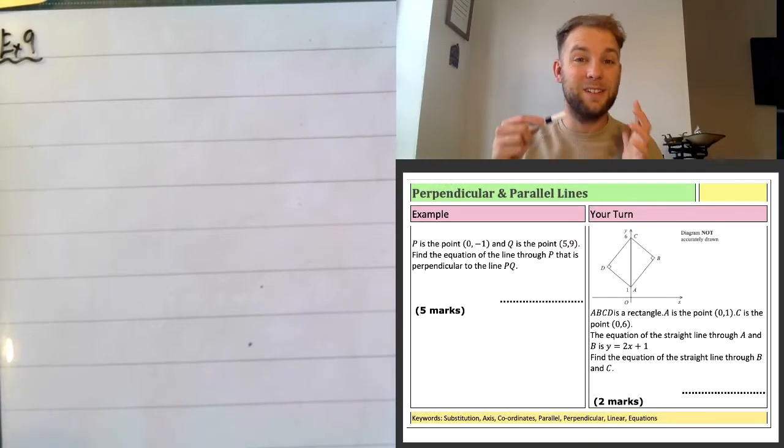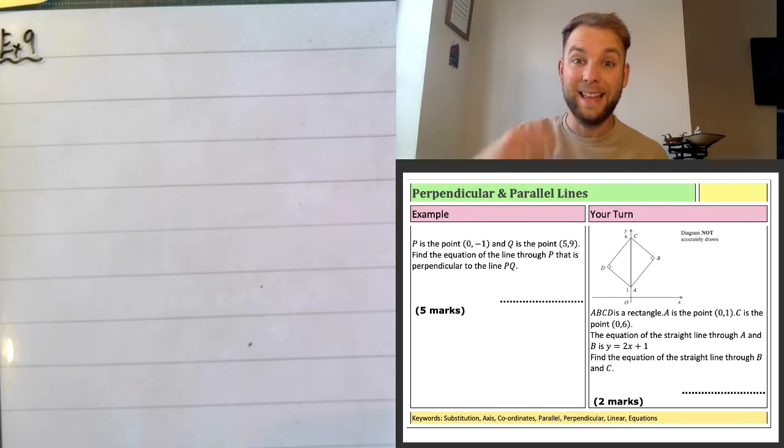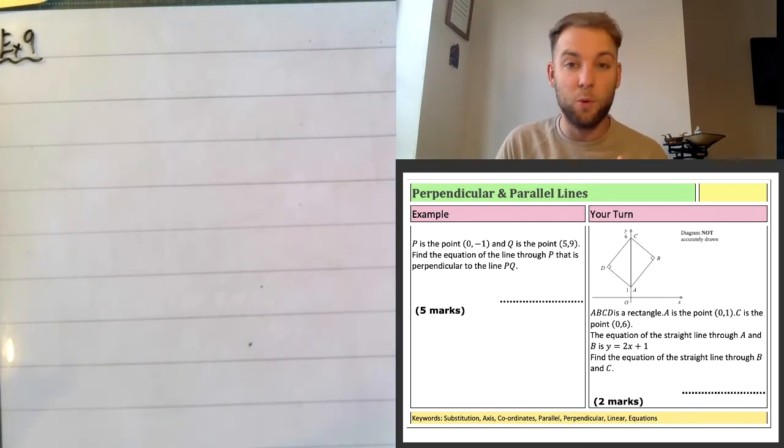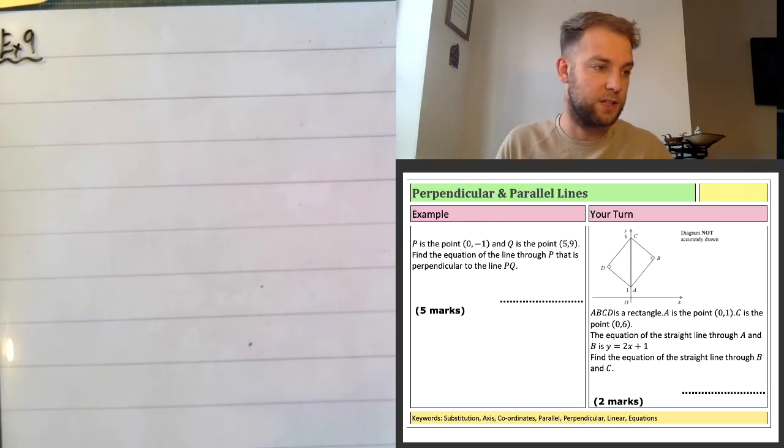Now notice that this is 5 marks. This has actually come up on a past paper question before. This is worth loads of marks. It's definitely worth understanding. So the first thing I always suggest to do with these questions is to draw a